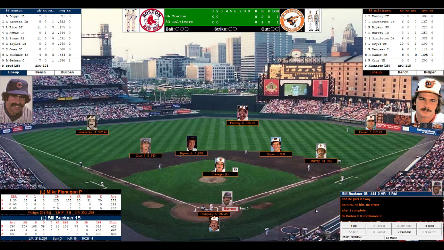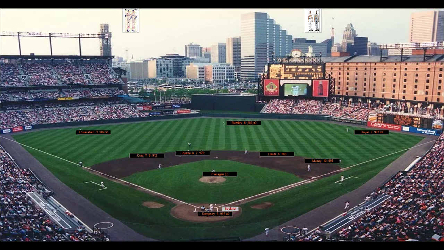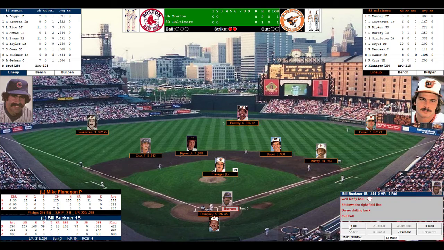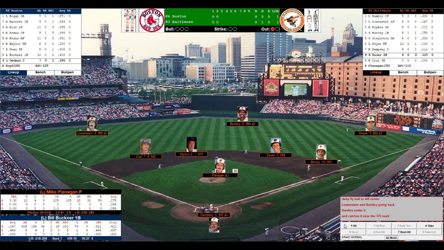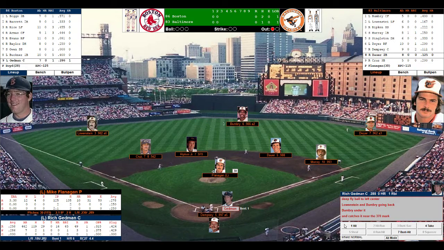So Billy Buck steps to the plate. And Mike Flanagan, again the UMass product, back up on the mound. Toes the rubber. Dempsey sets the target. Here's the pitch to Billy Buck. And Buckner sends that ball deep down the right field line, but foul. The count on Buckner is now no balls, 2 strikes. Flanagan looks in at Dempsey. He sets and delivers. Buckner swings, sends that ball out to left center field, and Al Bumbry tracks it down. Out number 1. Great hustle by Bumbry.